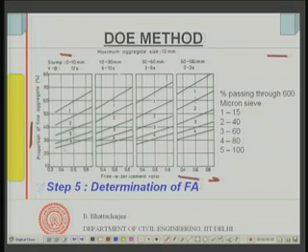Now look at these curves. As the water cement ratio increases, my fine also increases. For a given cement content and water content fixed, a higher water cement ratio actually means a higher paste volume, and this paste volume must be occupied by larger volumes of fines, and that is why there is an increase as I go along this direction.